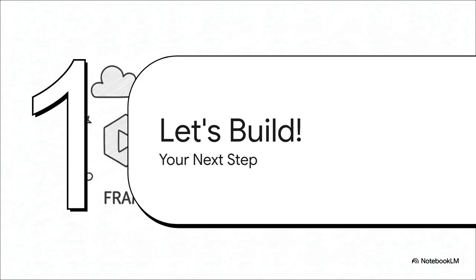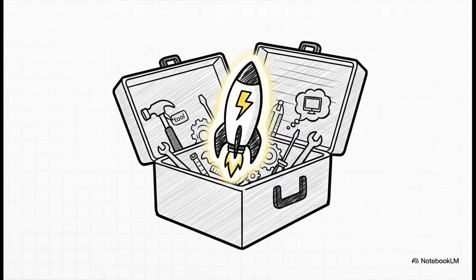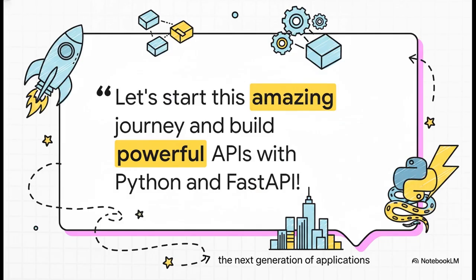So, after all of that, what's the big takeaway here? If there's just one thing you remember from all this, it should be this. If you are serious about being a modern backend developer, or you want to build those scalable AI-powered applications, FastAPI is not just a nice-to-have skill anymore. It's a must-learn. It's really become the right tool for the job today. Look, at the end of the day, this is about way more than just learning another framework. It's about empowering yourself. It's about starting an amazing journey to build the next generation of powerful, fast, and reliable applications using